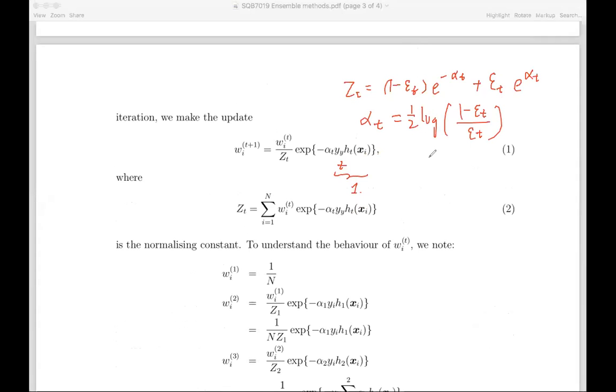So when I substitute this inside, I will get w_i^t